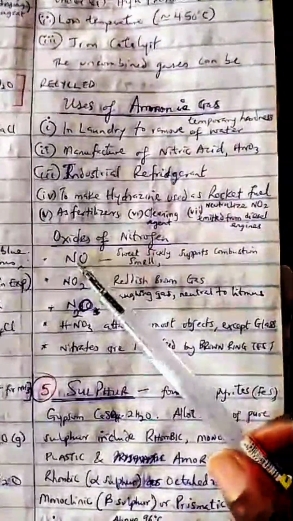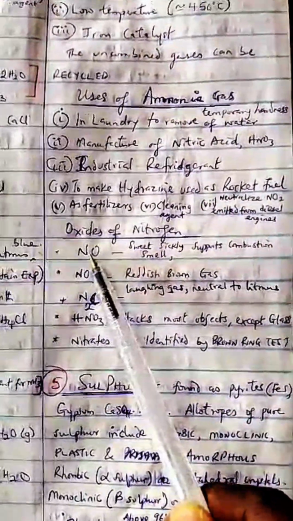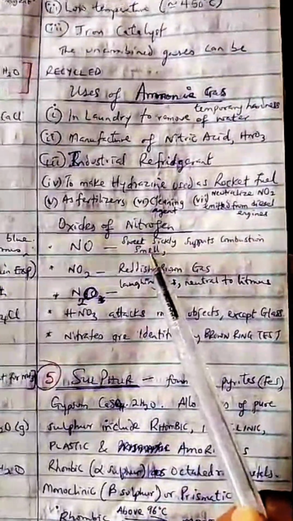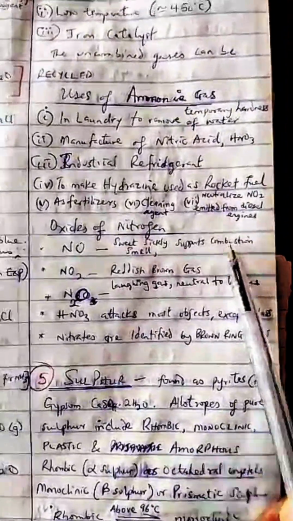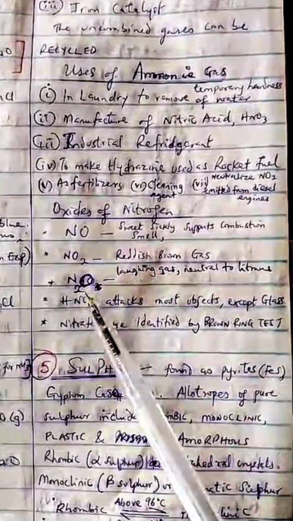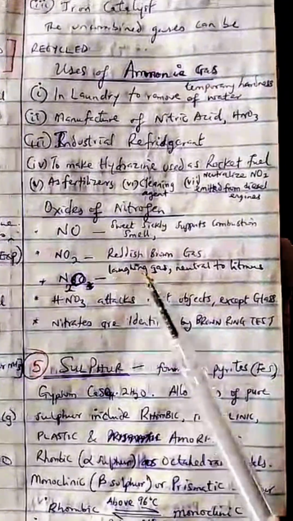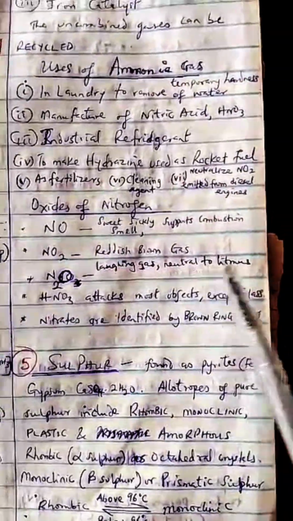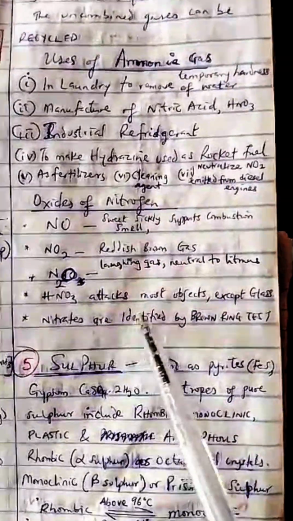Now let's look at other compounds of nitrogen, such as its oxides. Oxides of nitrogen include nitrogen 2 oxide, which has a sweet, sickly smell and supports combustion. Nitrogen 4 oxide is a reddish brown gas. And then we have nitrogen 1 oxide, popularly known as laughing gas. It induces laughing and is neutral to litmus. Now, nitrogen 5 oxide attacks most objects except